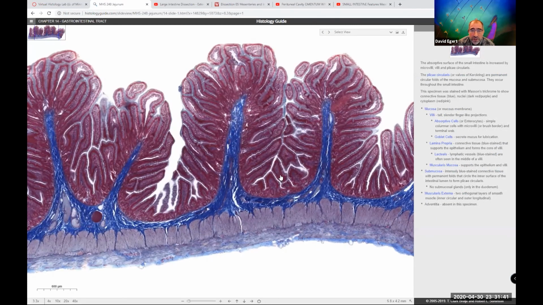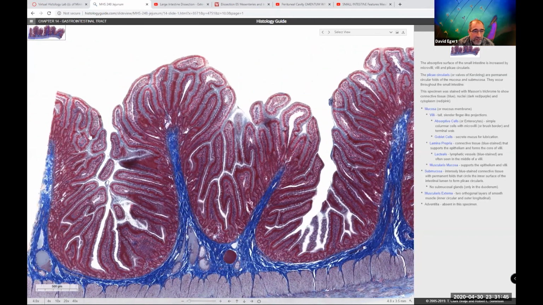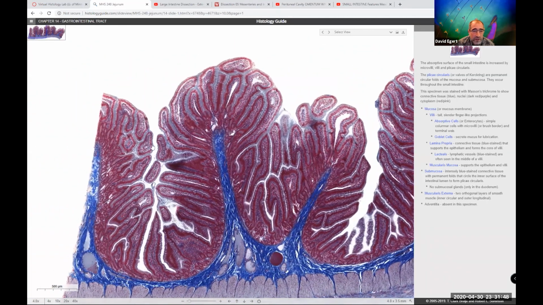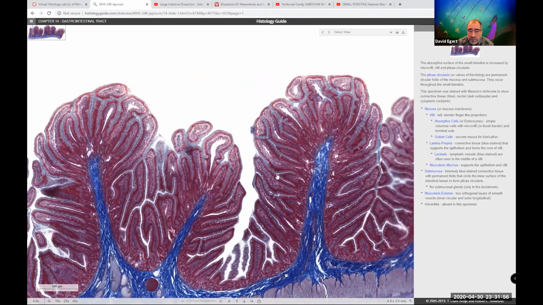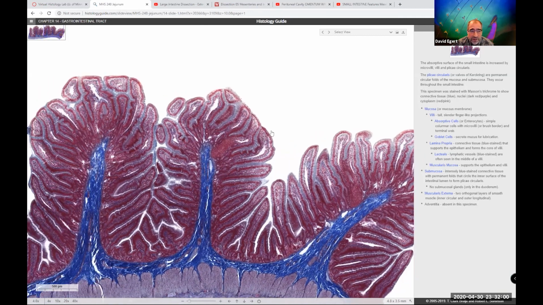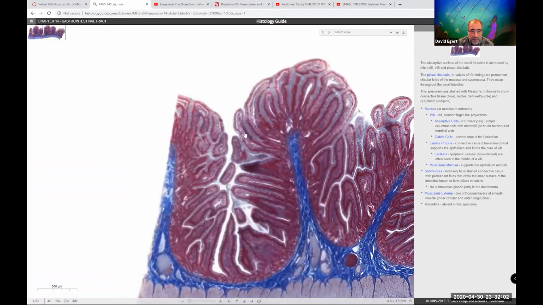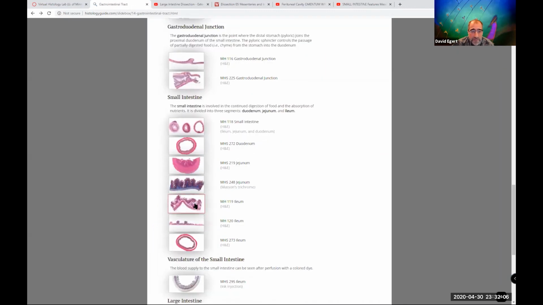It's almost impossible to see really pretty fingers because they're really long and entangled, and you end up getting cross cuts of the fingers everywhere. So the jejunum always looks like a whole bunch of entangled fingers that have been cut in every direction. Whereas when you get a nice picture of the ileum,